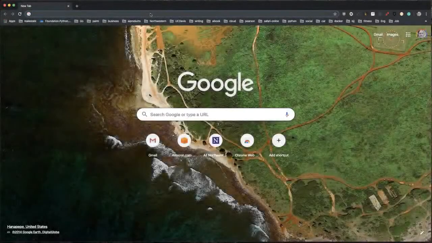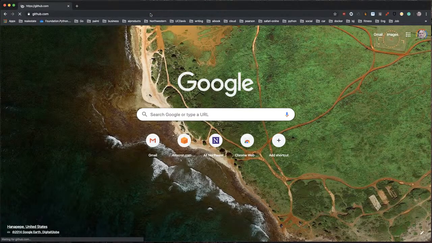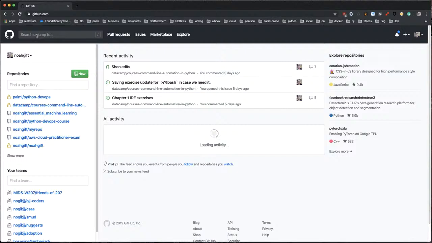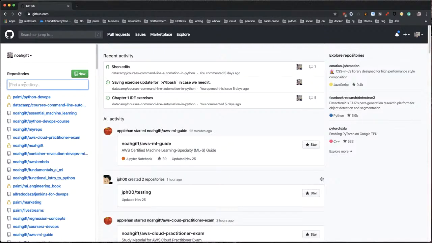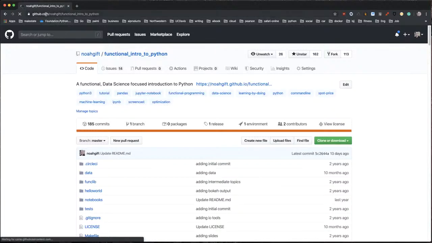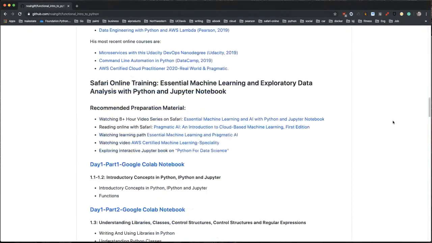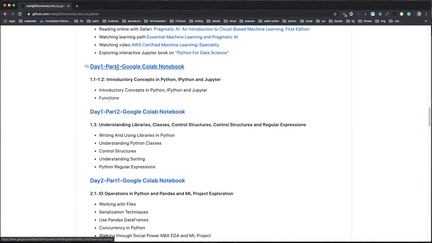To start this tutorial, I'm going to go ahead and type in GitHub. I'm going to find Functional Intro to Python. So here is the repo. That URL is github.com, Noah Gift, Functional Intro to Python. And if I scroll down here, I'm going to go to this first notebook, which is Day 1, Part 1,